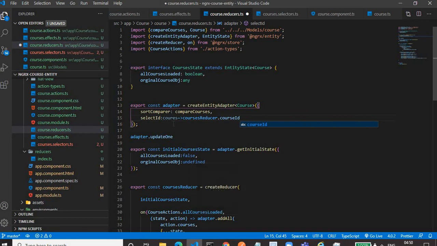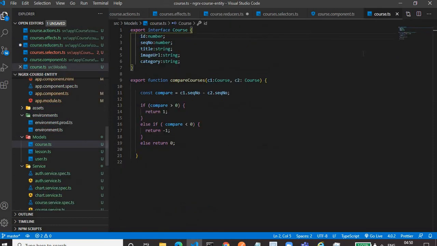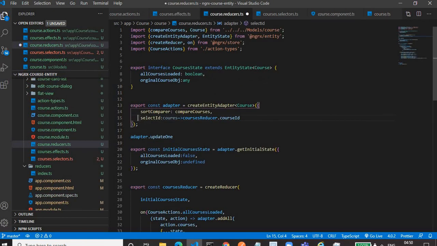It means if the entity does not have an id property, or it has some other property that uniquely identifies that entity, then we have to define the selectId. But in my case, this course also has the property id, so the selectId is not needed at all here. Okay, I guess it is clear, right?